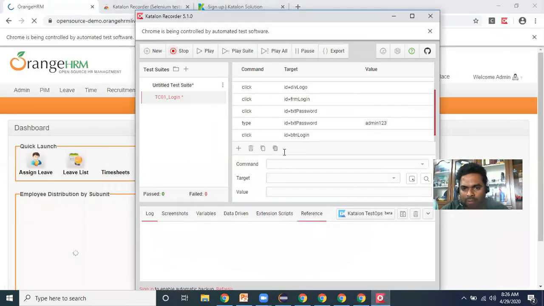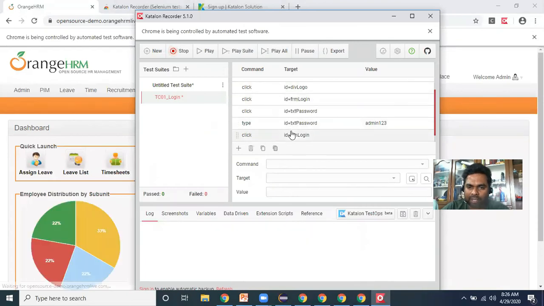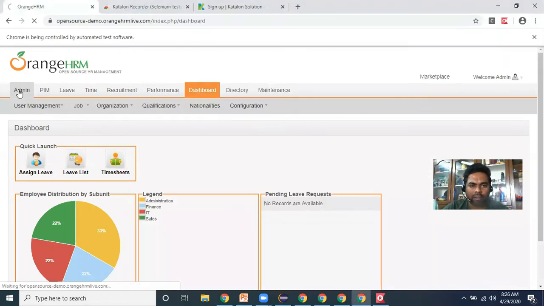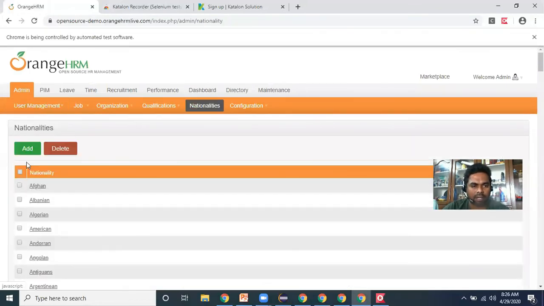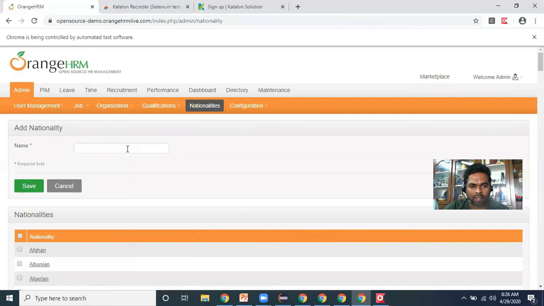See, everything is generated automatically, these lines, whatever is happening. I navigated here, clicked on admin, then nationalities, then the add button, entered Indian 718, and clicked on save.